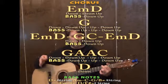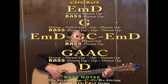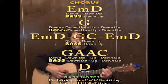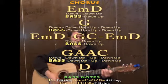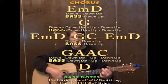So we tried our chorus with our strum pattern. There are a lot of those chords that kind of half, and we just do a down, down, up on them. So we have E minor, down, up, D, down, up, G, down, up, down, up, E minor, down, up, D, down, up, G, down, up, C, down, up, E minor, down, up, D, down, up, G,